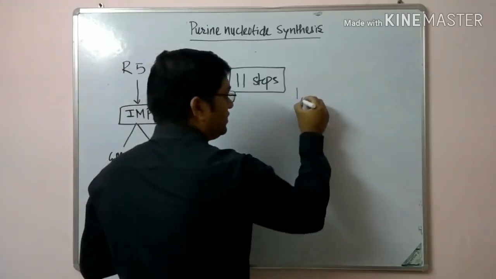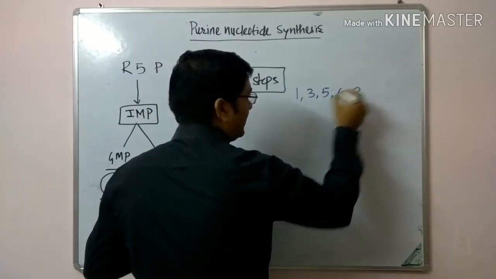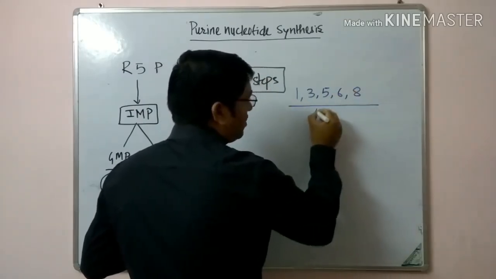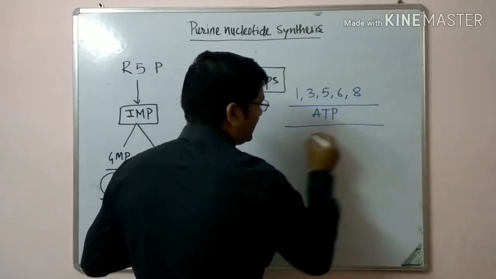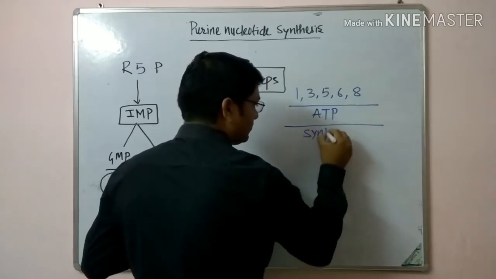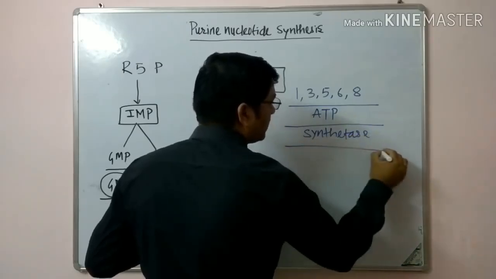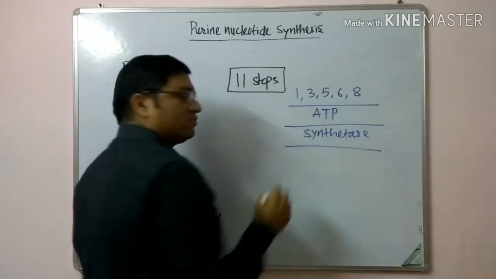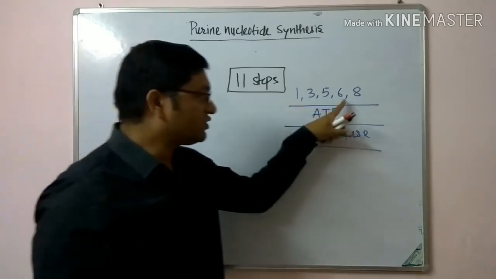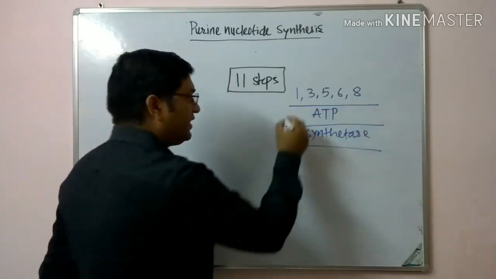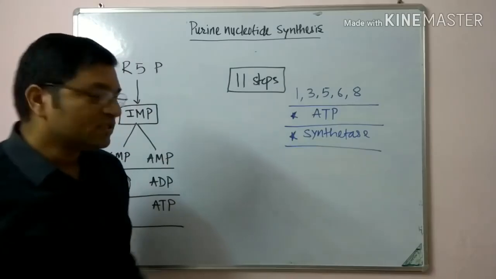Steps 1, 3, 5, 6 and 8 all require ATP and they are catalyzed by synthetase. This is important to remember for the enzymes and intermediates. By this mnemonic 1, 3, 5, 6, 8, they require ATP and these steps are catalyzed by the synthetase